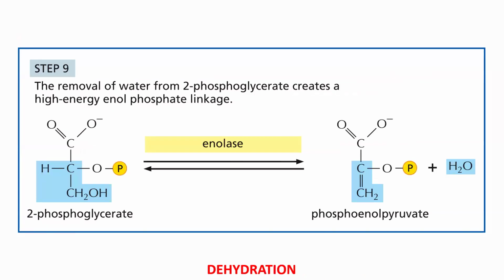Step 9 is catalyzed by enolase. Again, more of these historical names. I won't go into it here, but if you'd like to know why it's named enolase, let me know. We can talk about it. This is going to be a dehydration reaction. We're going to pull a water off of 2-phosphoglycerate, giving rise to phosphoenol pyruvate. And for the first time, we see what we're after, PEP. By removing 2 hydrogens and an oxygen from 2PG, 2-phosphoglycerate, we make phosphoenol pyruvate.